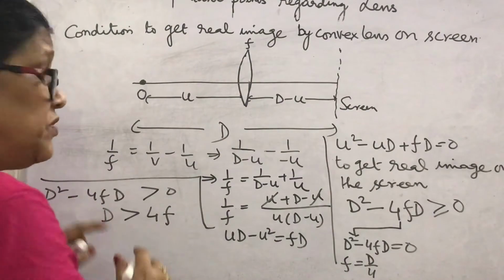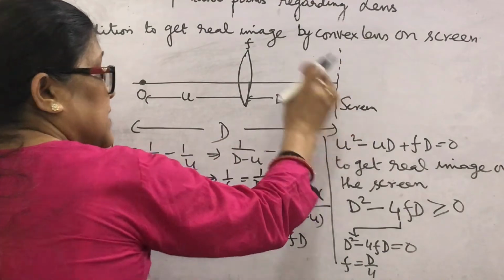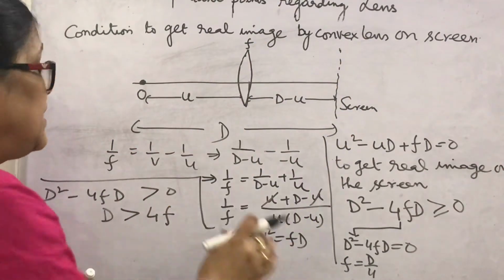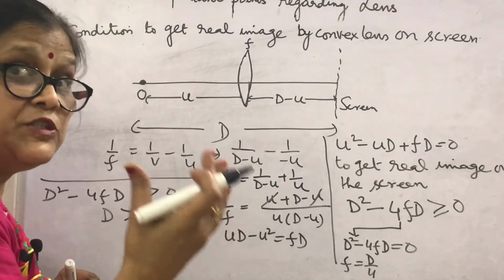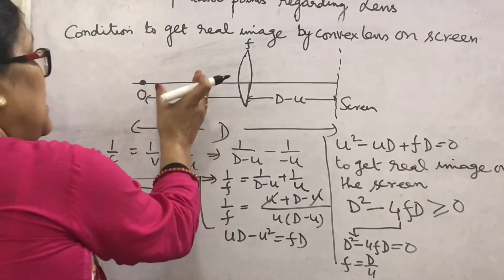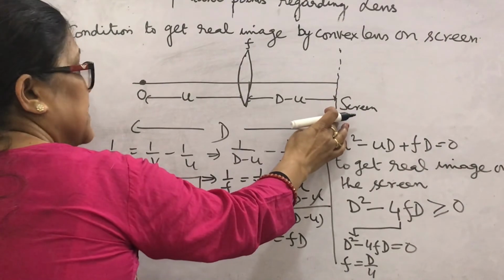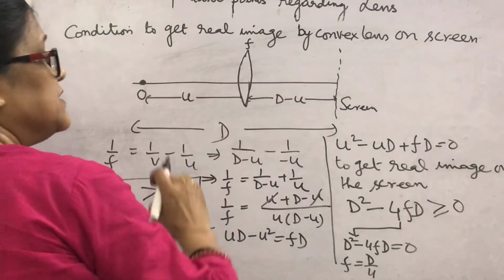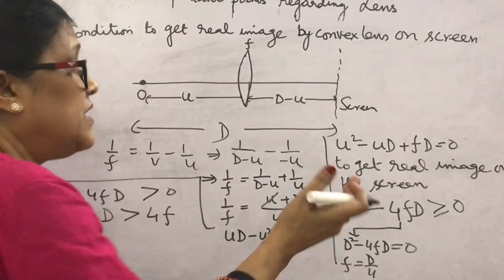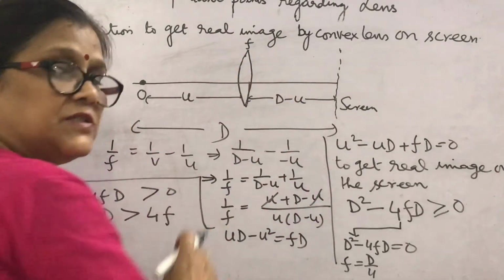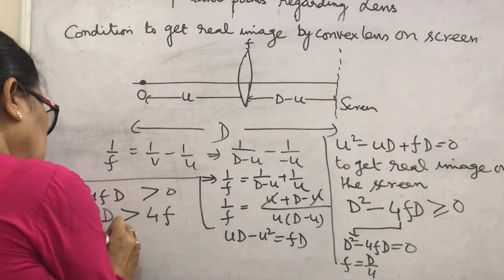In this case, you will get two positions of the lens to get an image at the screen. So listen carefully. This is the condition used in the experiment called the displacement method. Suppose you place the lens here, you will get a real image at the screen, and you slightly displace the lens, keeping the object and screen fixed, again you will get another real image on the screen. So here two positions of the lens